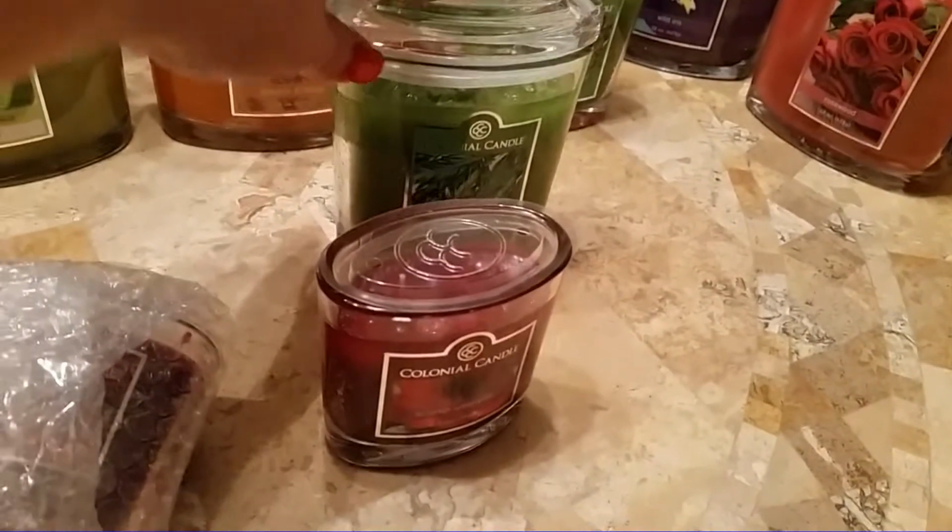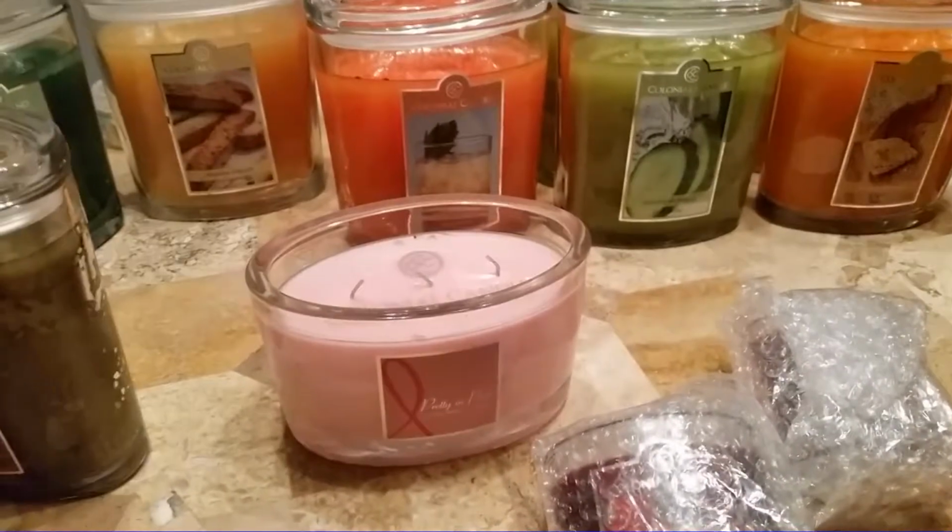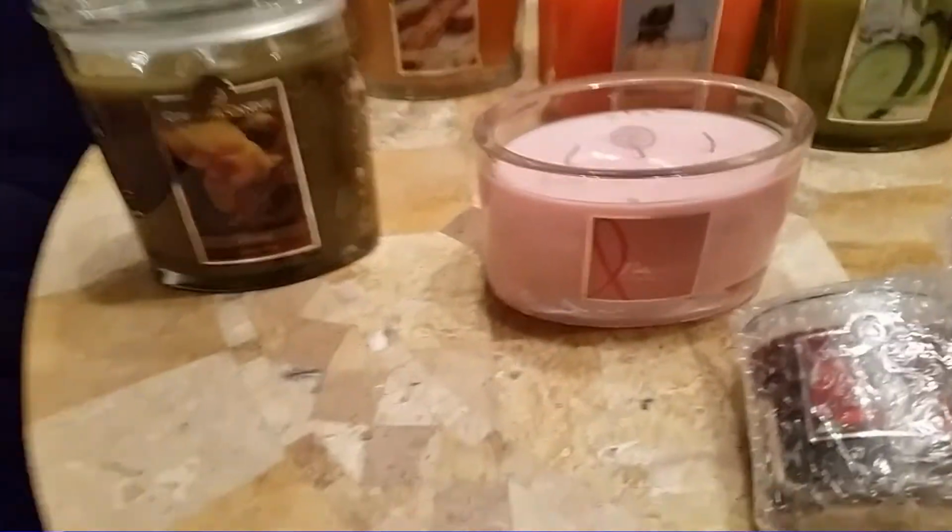This one I can't remember. I think this was in bubble wrap too. So the smaller ones are wrapped in bubble wrap, and the big ones are put in those boxes. I think their packaging is really secure, and I like these